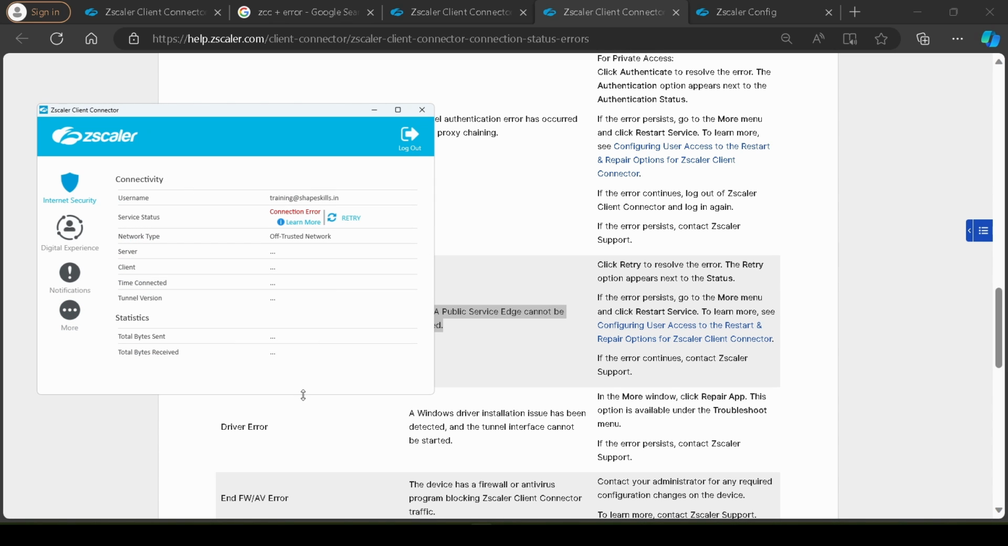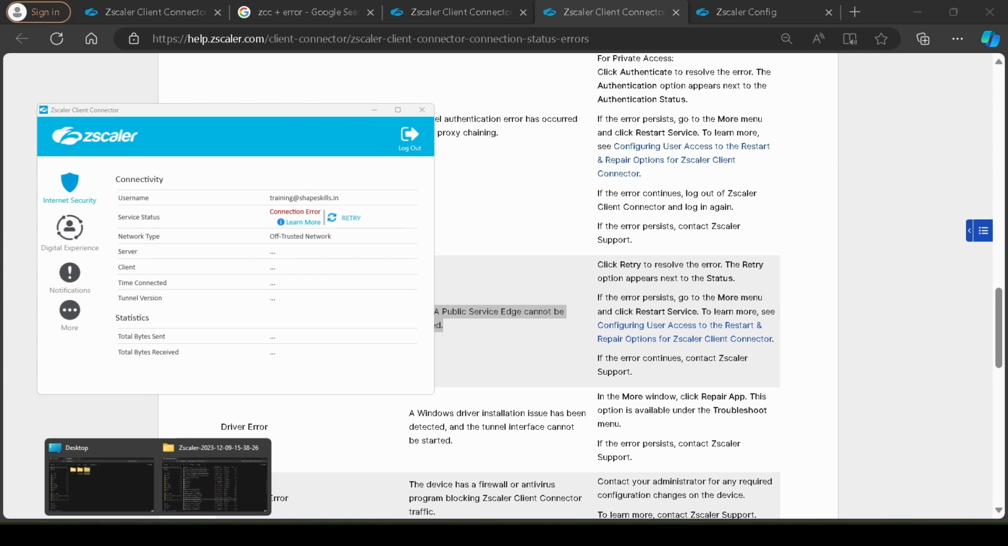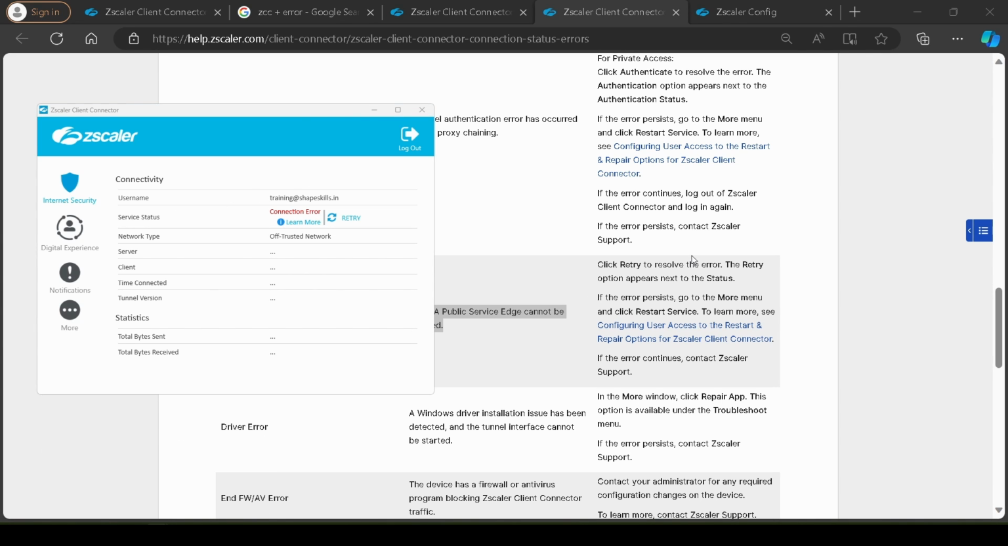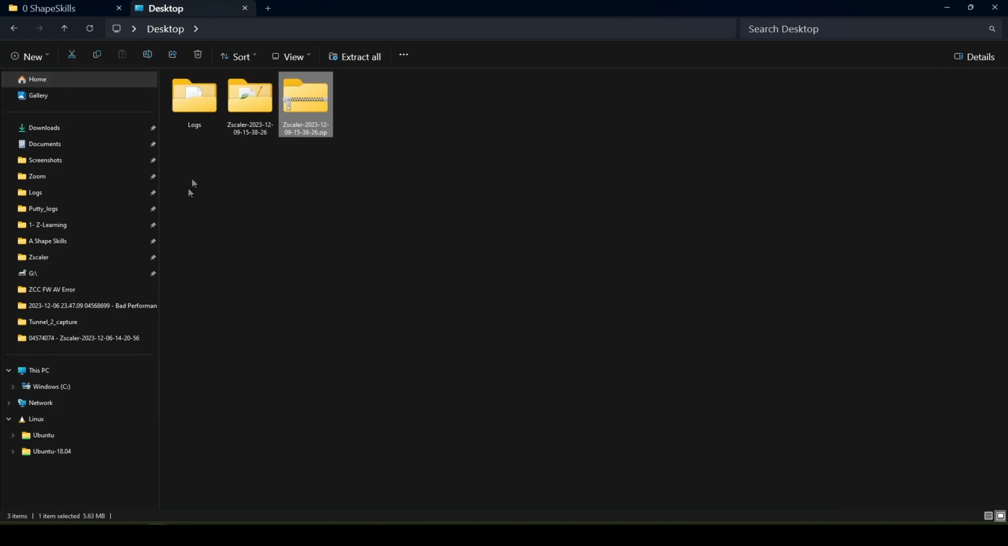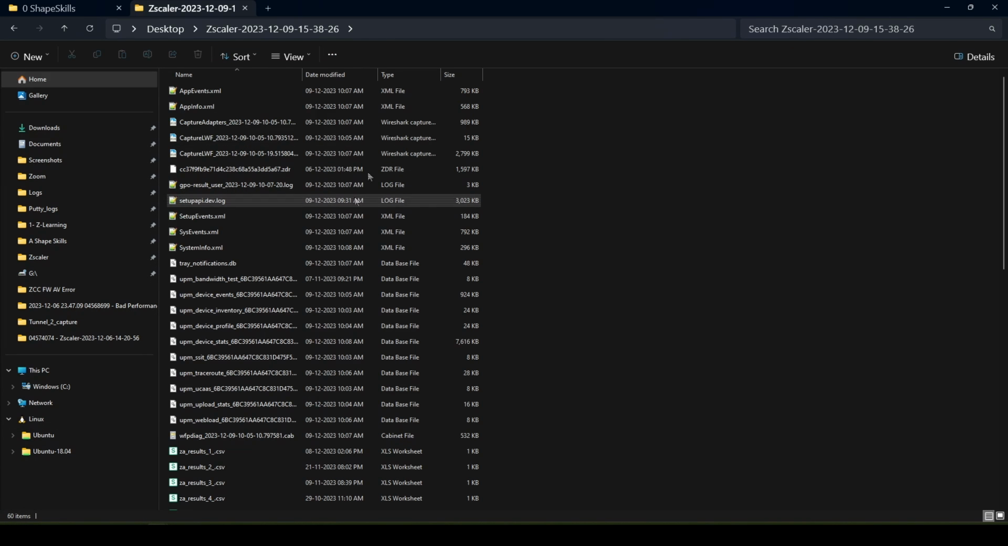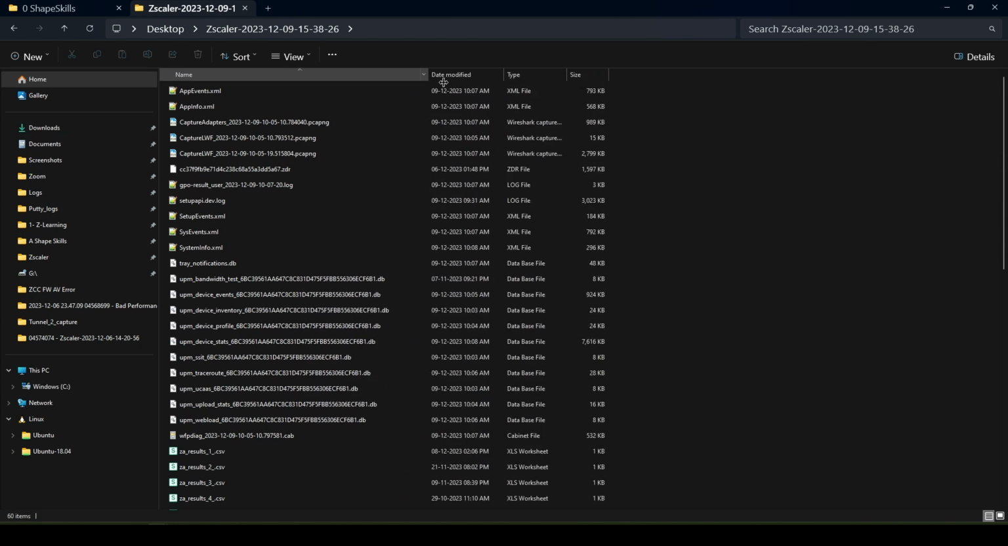Once you reproduce the problem, you check the logs to see what's happening. So that's what I did. To save some time, I already exported these logs. This is what I exported. You can see if I open this log file, right,